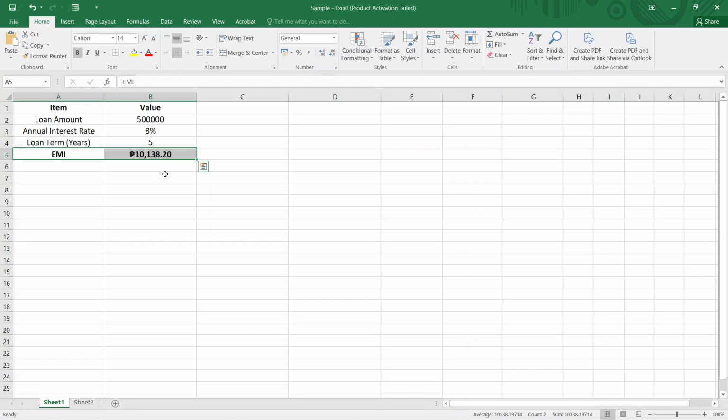What this calculator is doing behind the scenes is using Excel's PMT function to determine the fixed monthly payment required to fully repay the loan over the selected time period based on the interest rate you provided. This is especially useful when comparing different loan options, adjusting repayment periods, or testing how changes in interest rates affect